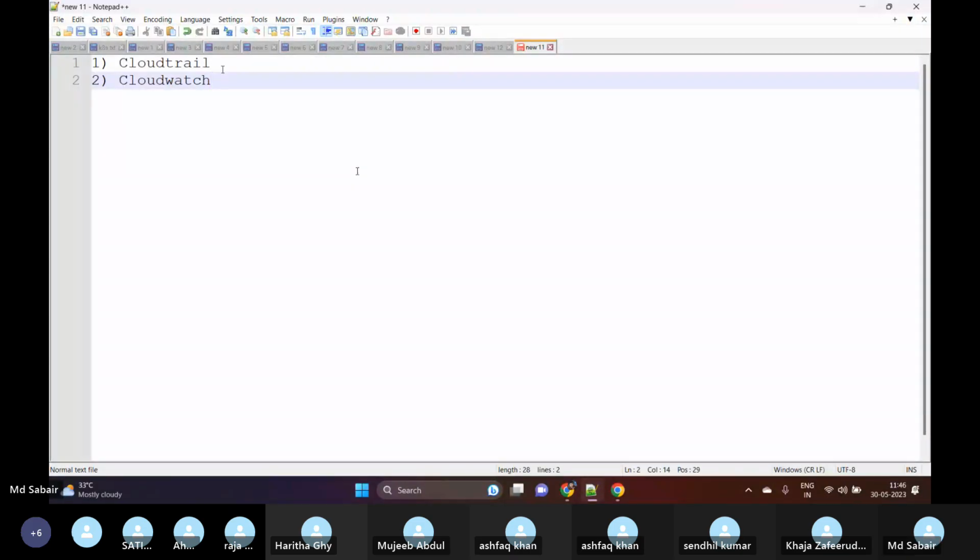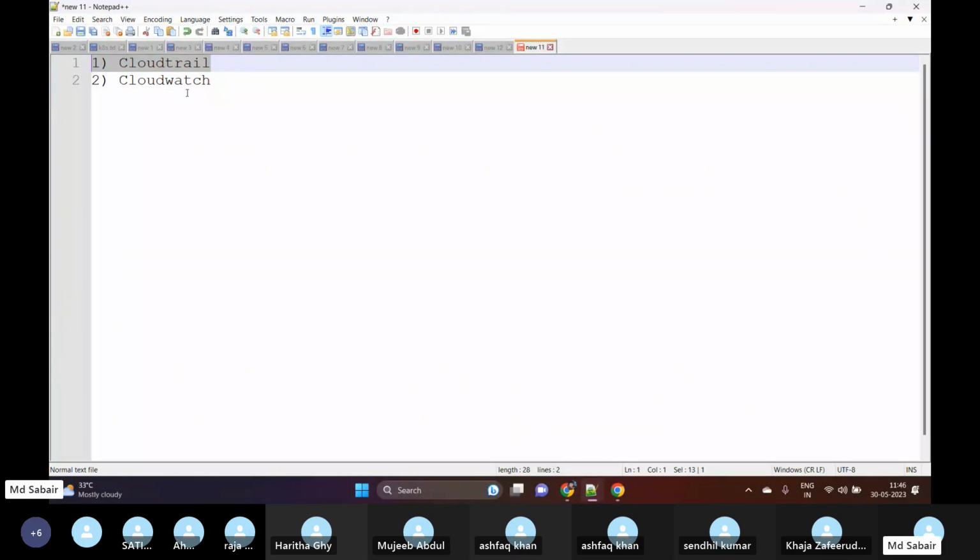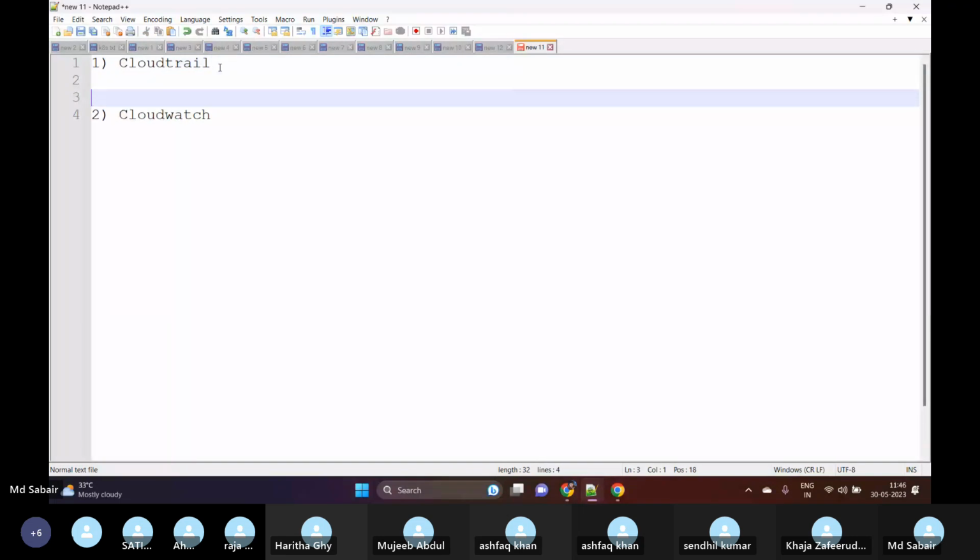So we have two different services. One is CloudTrail and one is CloudWatch. CloudTrail is a service that will help us to track the activities of an AWS account. When I say this, it means, for example,